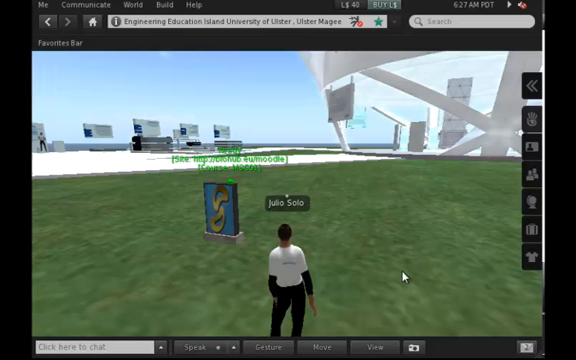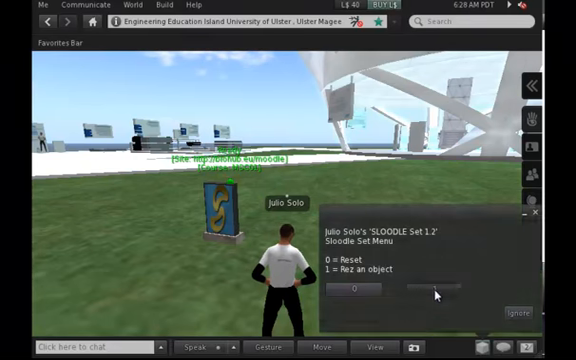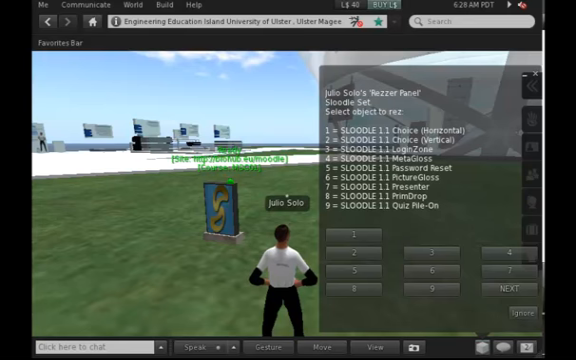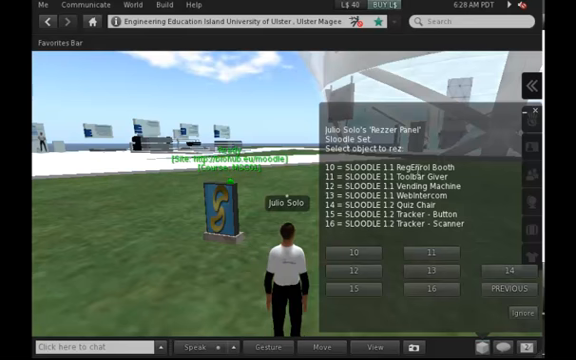The process of configuring a Sloodle object is very similar to what I've just done. The first step is the creation of the object itself using the Sloodle set. And to do so, we click on it, we choose Rez an Object, and we get now a long list of tools that can be created just by clicking on the corresponding button. I'm going to create a registration booth which allows me to link my avatar in Second Life to my Moodle account. So I click on the number 10